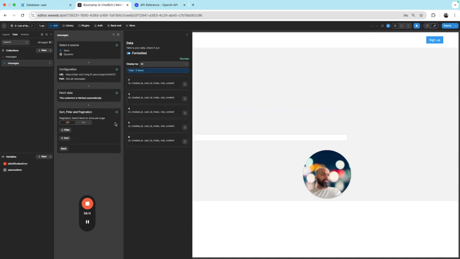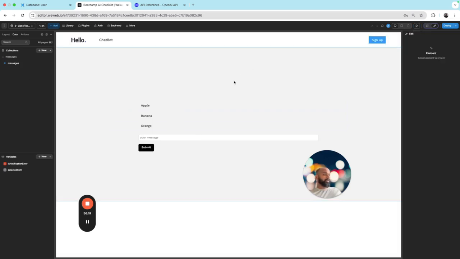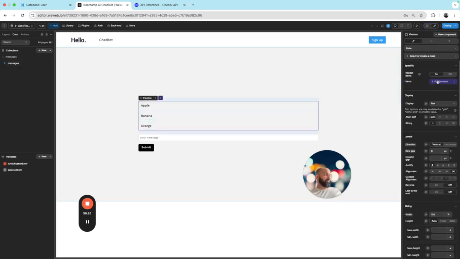I'm going to click continue again. And now all of these items are stored in the messages collection. What I want to do is, instead of displaying apple, banana, and orange, I want to display the messages that I fetch from my Xano database. So when I select this flex box,